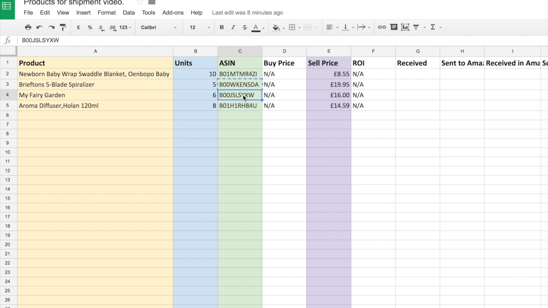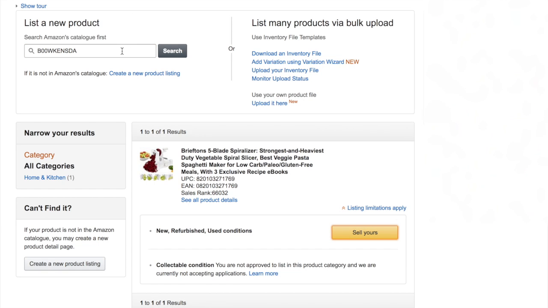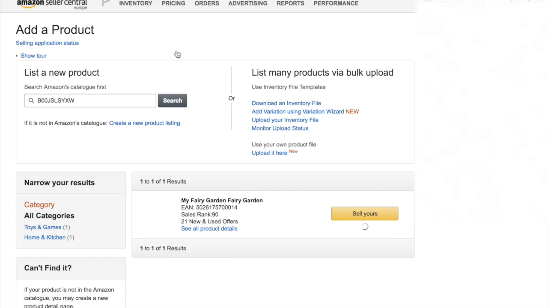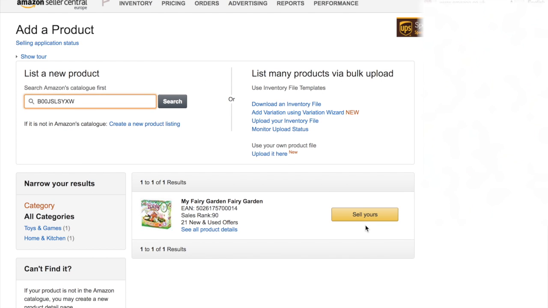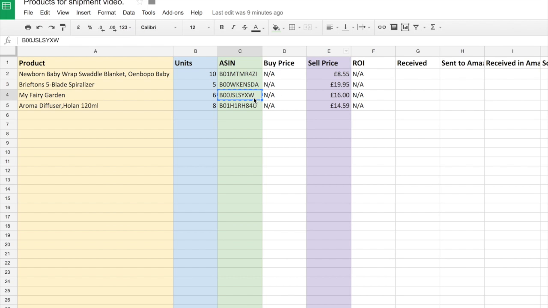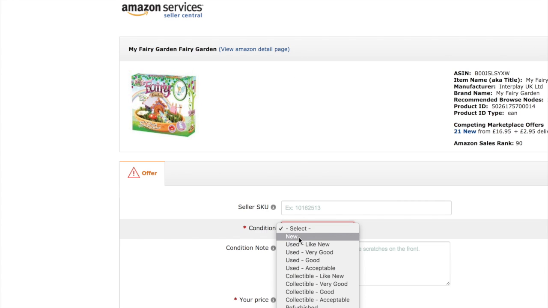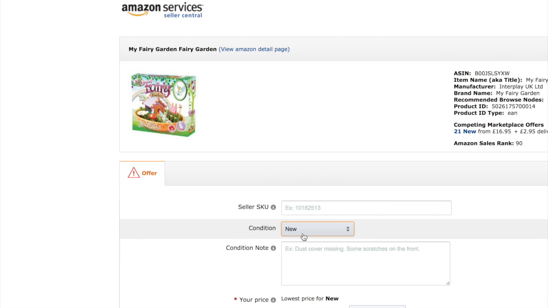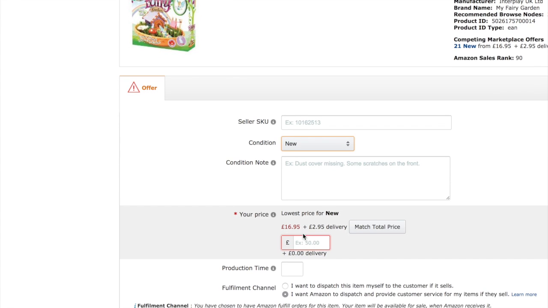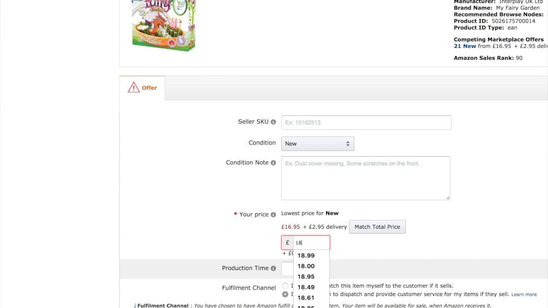Then we'll grab our third ASIN, go back to the add a product page, paste that into there and click search. Sell yours. Check the price that we wanted, so £16. Select new. And then we would put £18